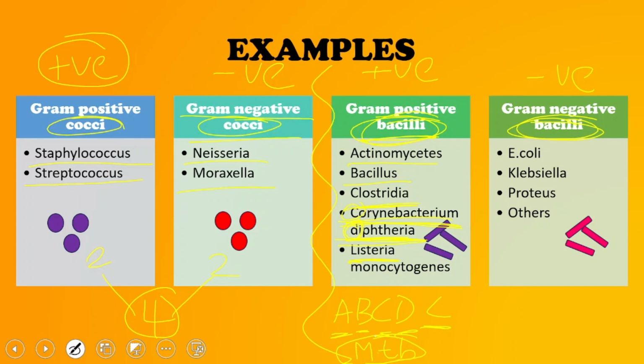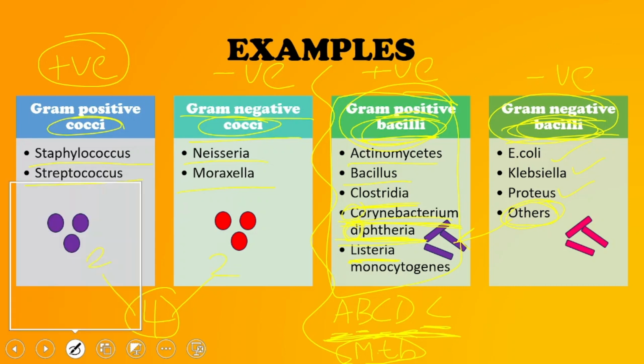Okay, see, one thing I want to say over here. Remember all the gram-positive bacilli. They are hardly 5 to 6 in number to remember. Rest all of the bacilli would be gram-negative in nature. Rest all would be gram-negative. Just for example, E. coli, Klebsiella, Proteus, and all the bacteria other than these particular gram-positive bacilli को छोड़ करके बाकी सारे जो हो गए, they would be gram-negative bacilli. I hope this sounds a bit clear to every one of us, and this wraps up the discussion of your gram-negative bacilli as well.